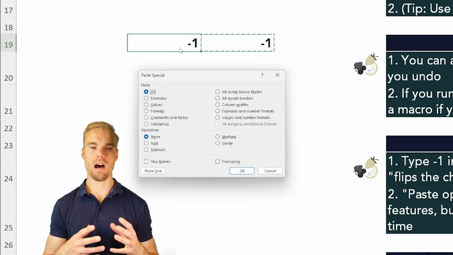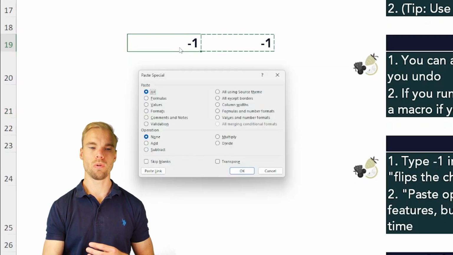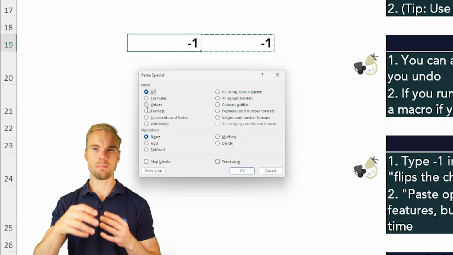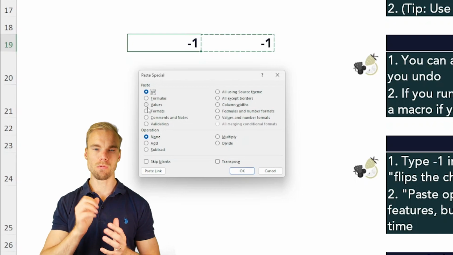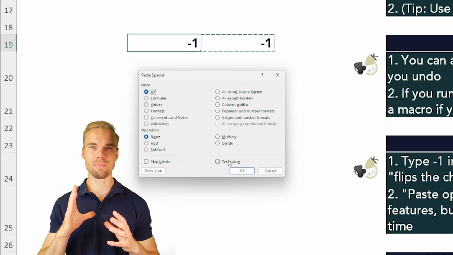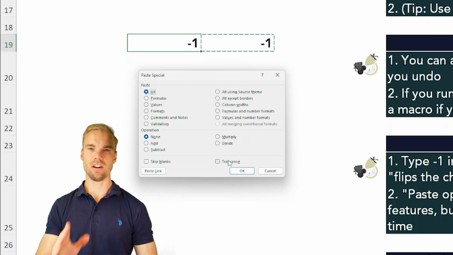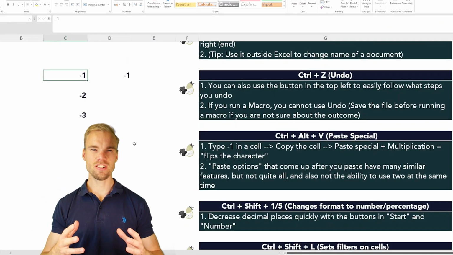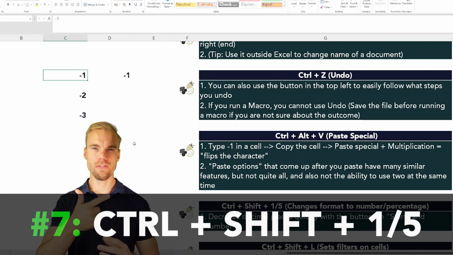You also have some other options. For example, if you only want to paste the values, not what the formula says, but the values that the formula returns, or if you want to transpose, meaning instead of having them in different rows, you have them in different columns. The next shortcut is Ctrl Shift, and then you press